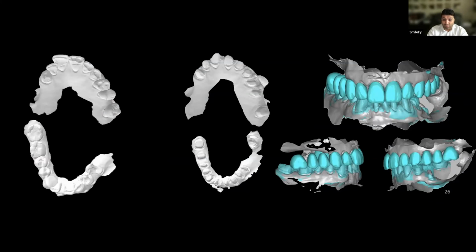You have a starting point, and then you continue the design after you cut the bone. Or the other way is to create a bone cut guide. You can design the surgery, the bone cut. Then you can put the implant guide, etc.